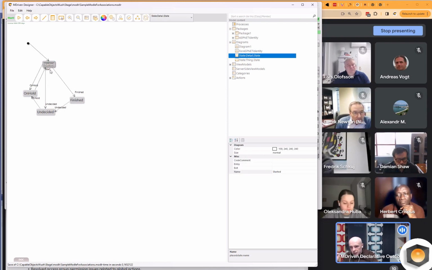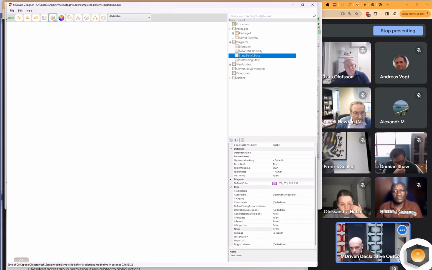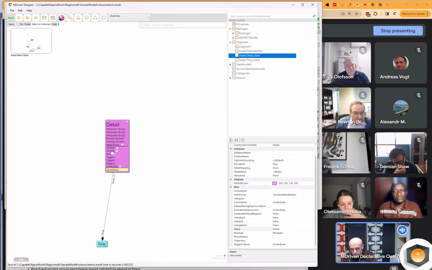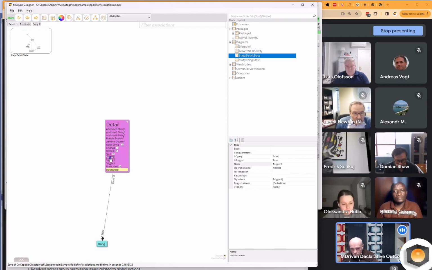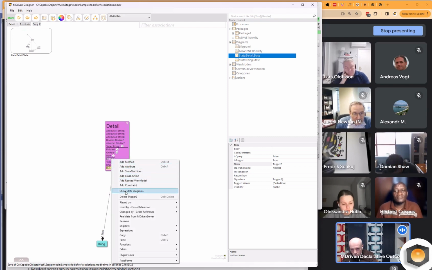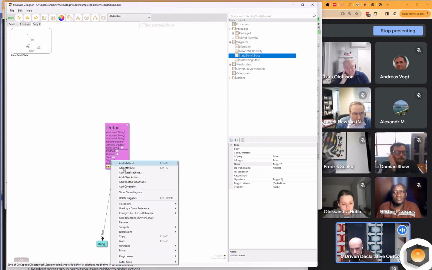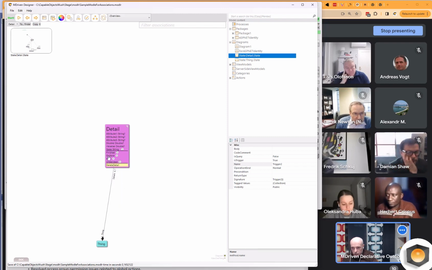So that makes 1, 2, 3, 4 different actions that I can take, but these are as of now just methods on the class detail. I'm going to remove these triggers because I don't want them floating around. And I can remove these because they were not actually used in the state machine.